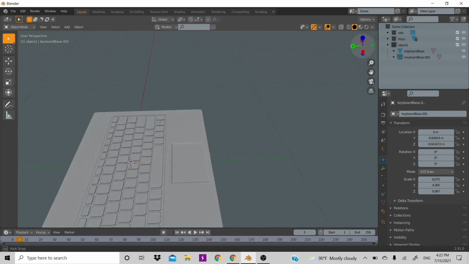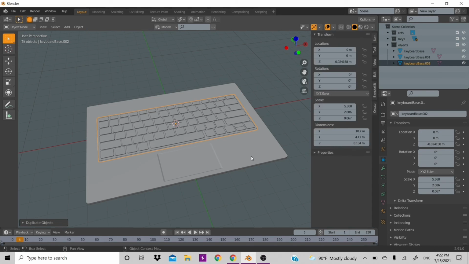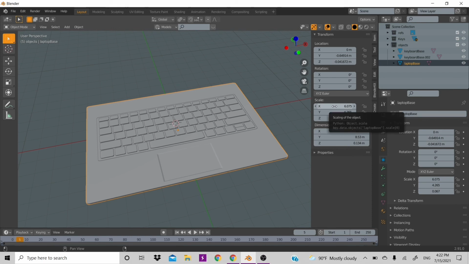And as you can see, we have our nice little trackpad over here, and it looks pretty nice and realistic. Now, to make the screen, we have to basically do the same thing. So we can hit Shift D and then right click on the keyboard base again, and then open up the Properties tab by hitting N on your keyboard and copy the scales of this laptop base. We're going to name this laptop base in the outliner. And as you can see,